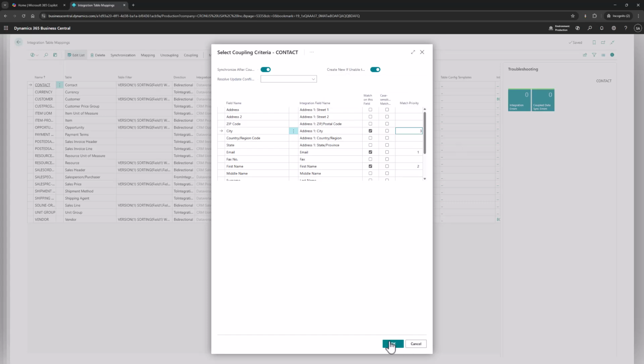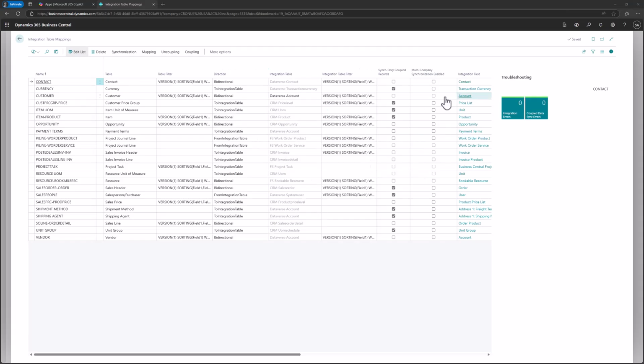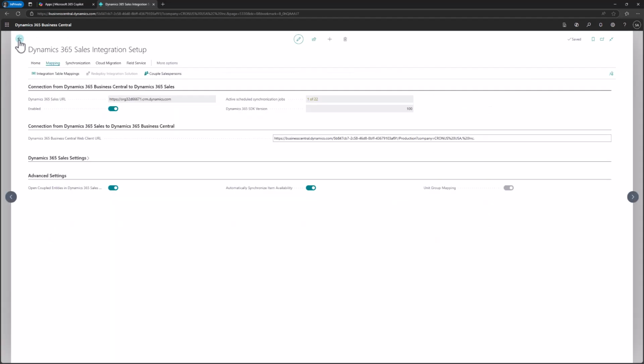After this, all you have to do is select OK, and from this point you will be redirected to the integration table mapping screen. So from now on you can continue doing the setup for one table after another which we have integrated. So you have the full list. You will see that some of these tables are already set up at the coupling level, some of them are not. So what I'm suggesting is to go and click on coupling on each table, go to match based coupling and check the settings. After you do that, you can say that your integration is up and running.